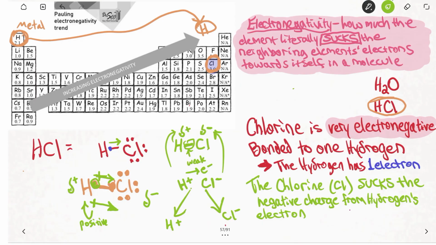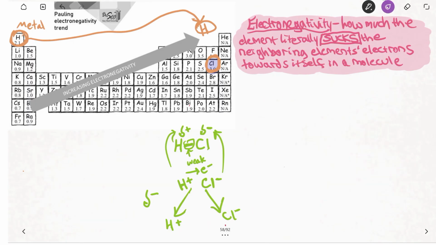And I know these are supposed to be covalent bonds, right? And I explained the difference between an ionic bond and a covalent bond. So what really is the difference? Wouldn't this be an ionic bond, a positive hydrogen and a negative chlorine? No, it's not, because the reason why